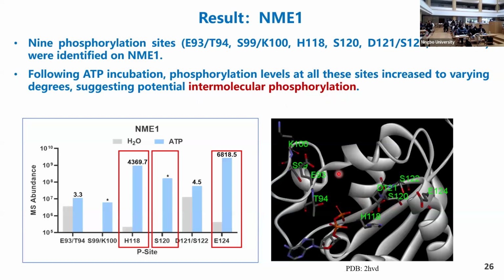So we have reason to say that there is potential intramolecular phosphorylation, that is, phosphate transfer from histidine to glutamate and to serine. This is just like a fish swimming from one residue to another residue, right in the kinase catalytic pocket. It's so interesting, right?